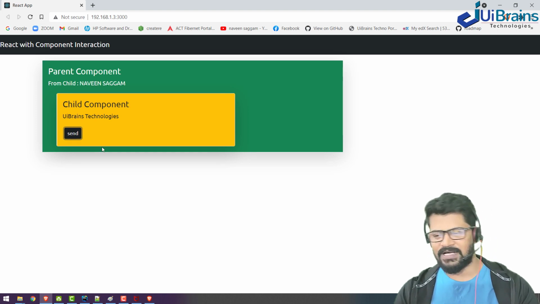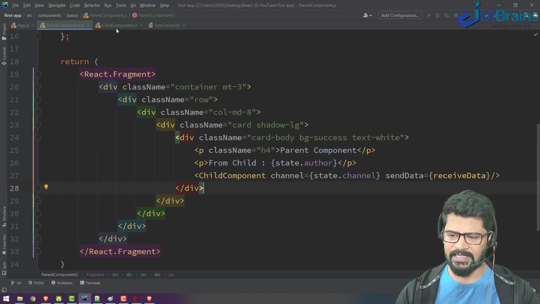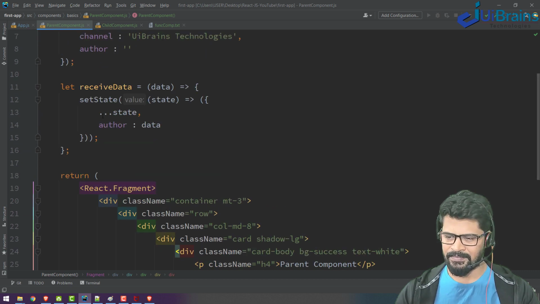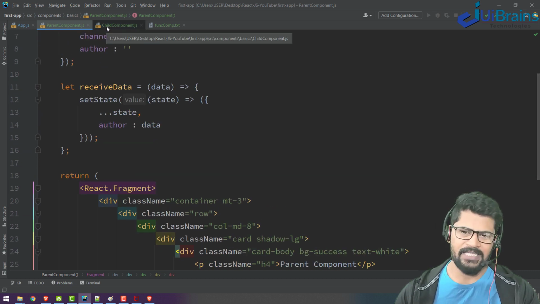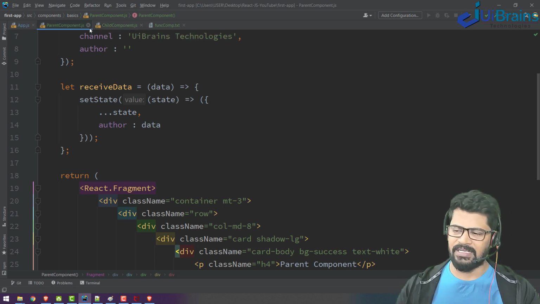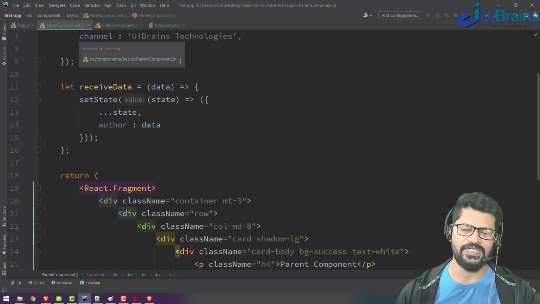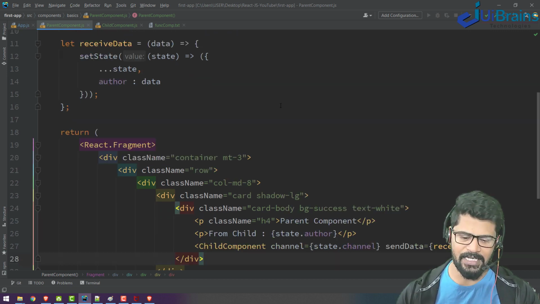You have data in a child first, but that was transferred to the parent. Simple. I repeat, if you want to transfer from parent to child, it is straightforward: have a prop declared and receive it. But for child to parent, the first thing is the parent should have a function to receive data, and make that function available to the child also using a prop.